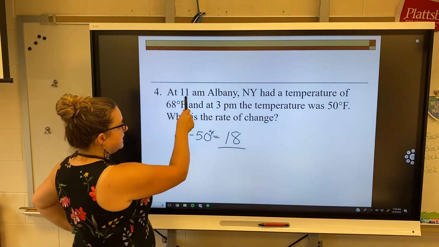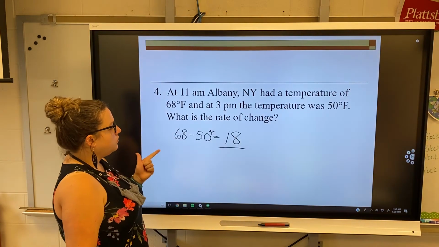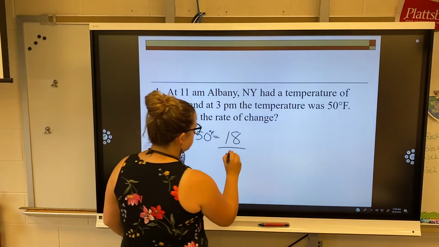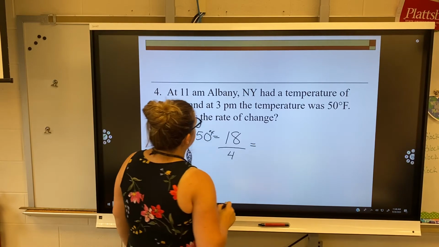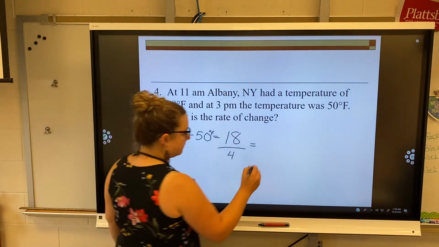Well, it said at 11 a.m. and then to 3 p.m. So it went 11 to 12, 1, 2, 3, so 4 hours. 18 divided by 4 is 4.5